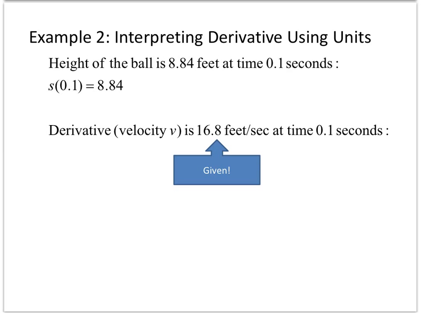The derivative, the velocity, is 16.8 feet per second. I throw this in here because students always ask, where did that number come from? I just give it to you. This is given information. So we know the height of the ball at a particular time, and we know how fast the ball is moving. So the velocity at that particular time,